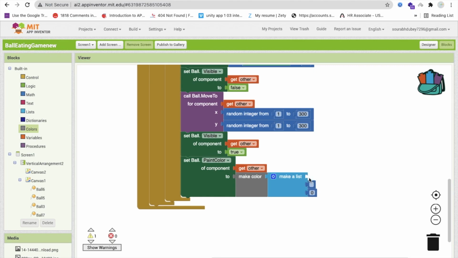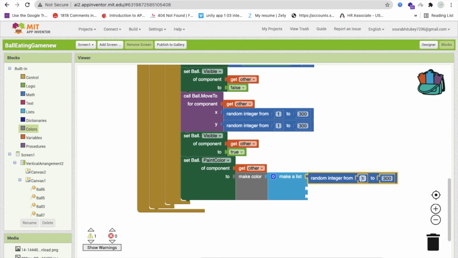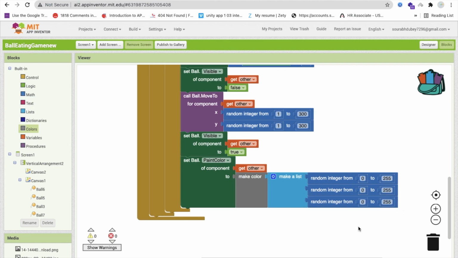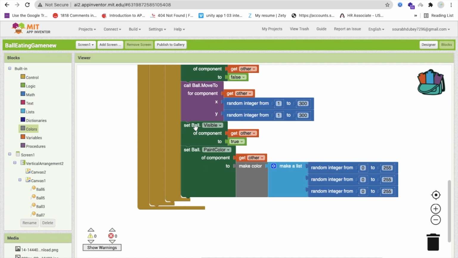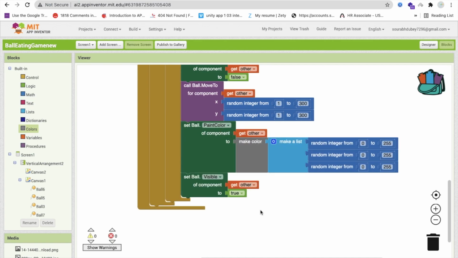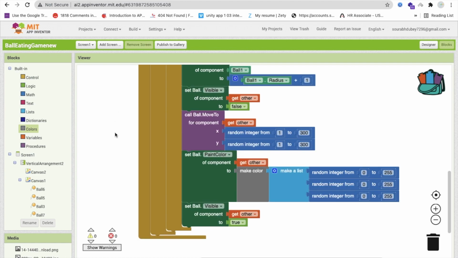So we just need to delete this and copy this random block, and we know that we can assign the value from 0 to 255. So just copy this like 1, 2 and 3 times. Okay, now what we need to do is enable it. Make sure this should be in the last. Okay, like this. Cool. Now let me just try how it has worked till now.